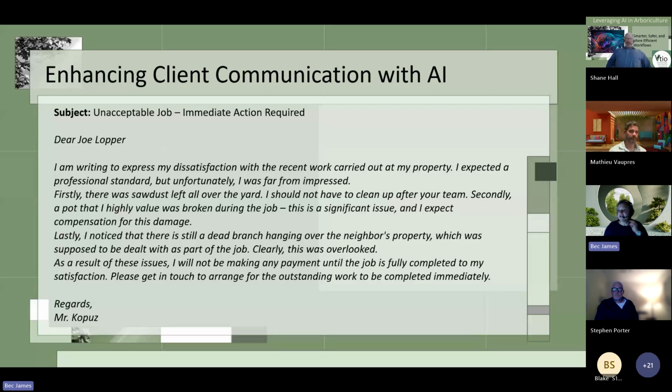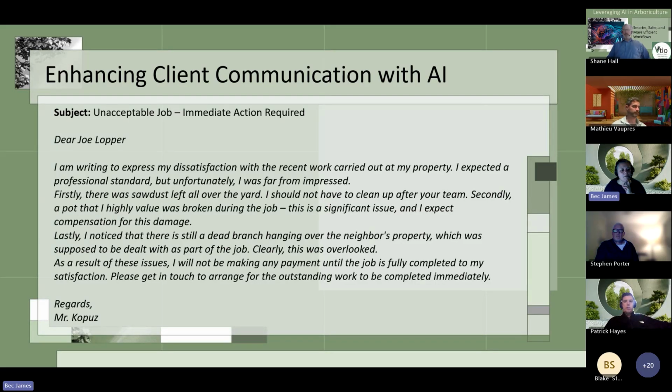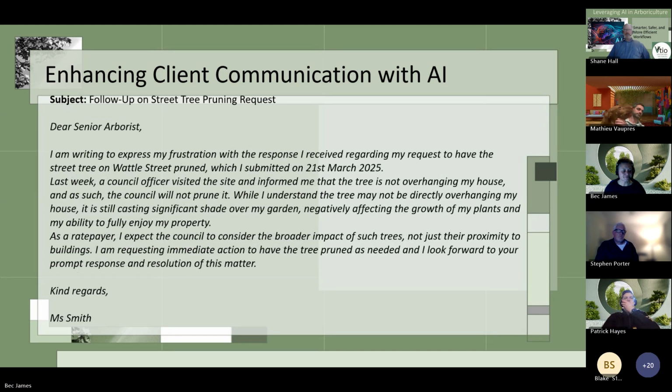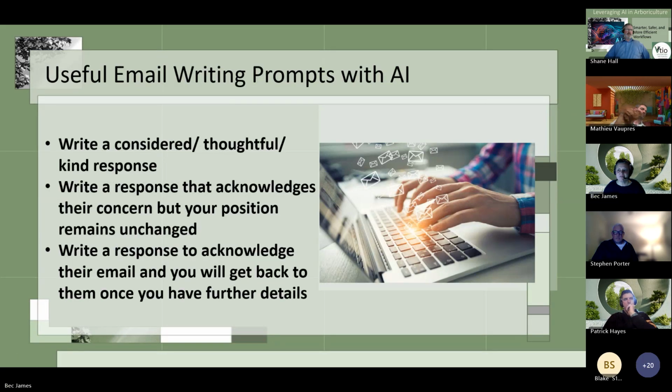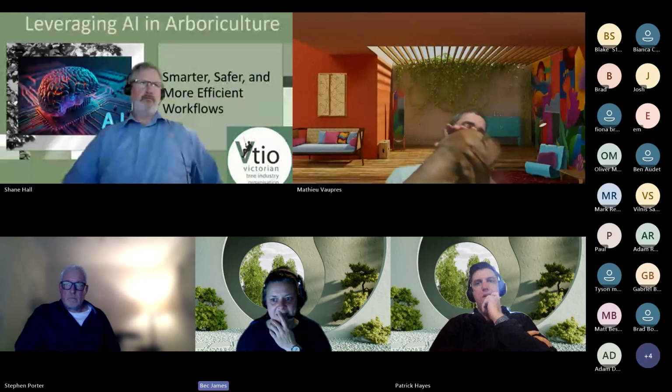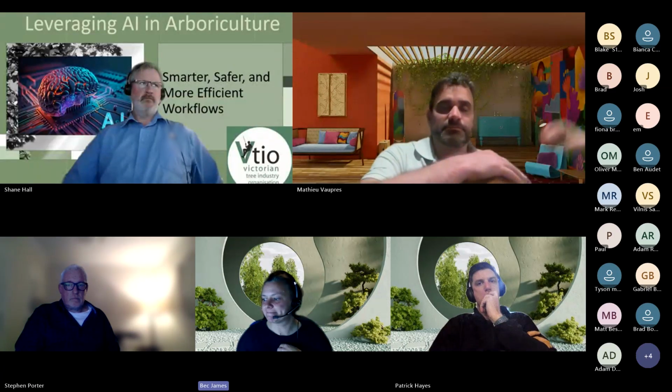So what I'm going to do, again, in these instances, when we were copying and pasting these letters or this correspondence from people into our AI bot, it's really important that you remove the client's name and any identifiable information. Okay. So again, I'm going to stop sharing, but what I'm going to do is plug that information into chat and see what it's going to come up with.